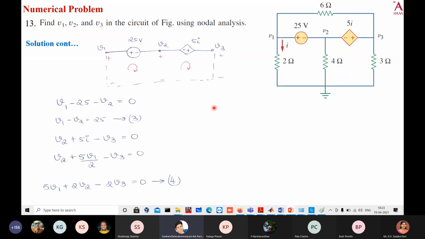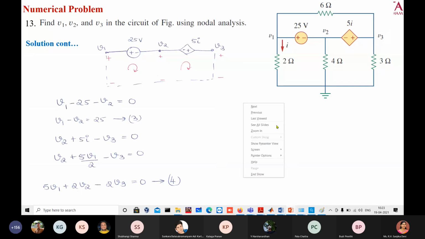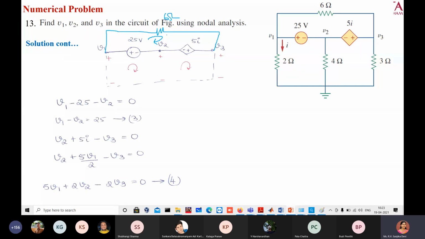That one you said to me, you will tell that if we take the 6 ohm also. Okay, so what if we consider the 6 ohm also here? Then in that case, we have to write a KVL for this top loop. But if you are writing a KVL for this top loop, the challenge will be, since we are having a 6 ohm here, when we are writing a KVL, we have to determine what is the current flowing through the 6 ohm. Otherwise, we cannot write the KVL, right?